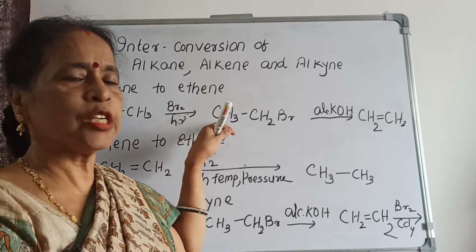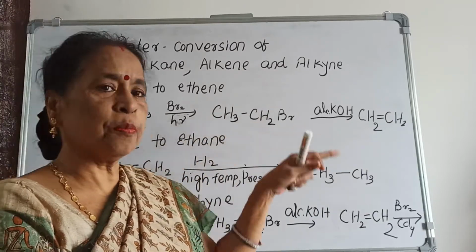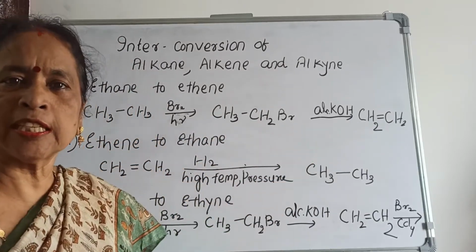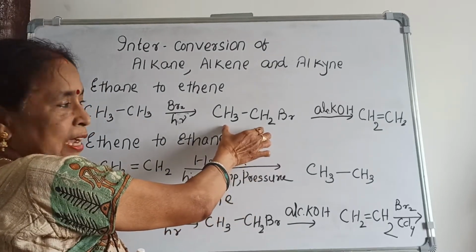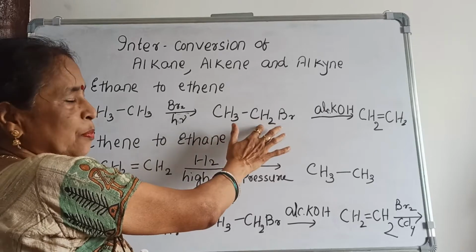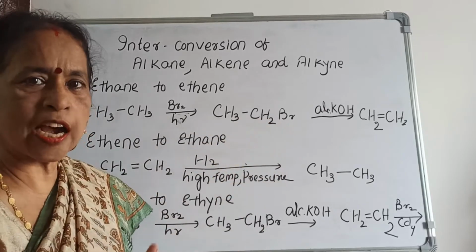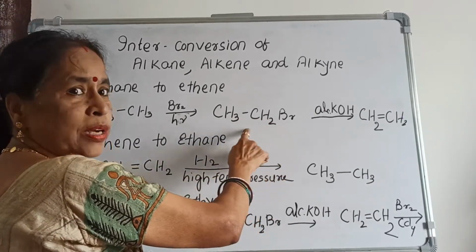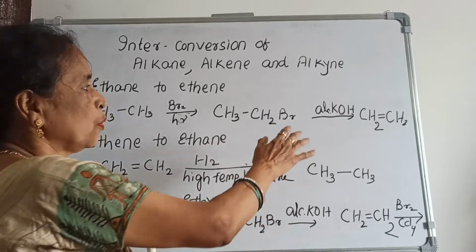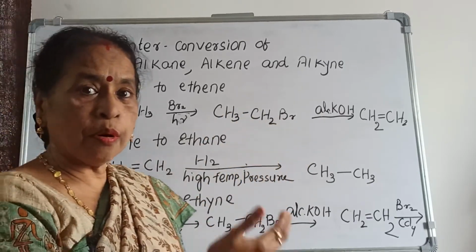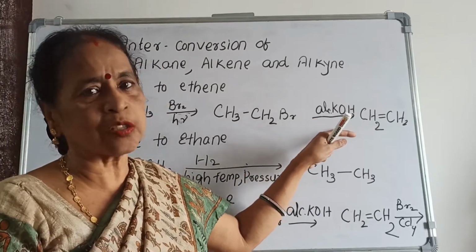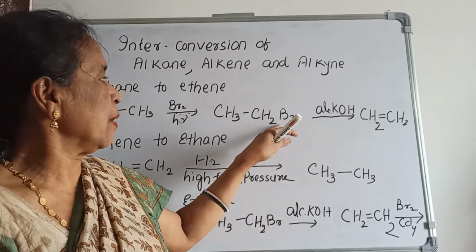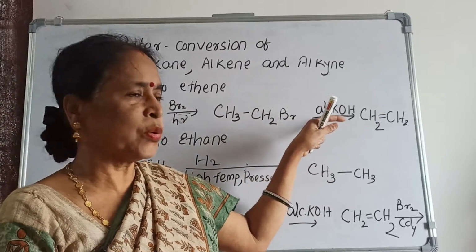Here it is converted to CH3CH2Br. What is the name of CH3CH2Br? CH3CH2Br is ethyl bromide, that is the common name. What is the IUPAC name? Bromoethane. Then bromoethane when reacted with alcoholic KOH, this reaction you want to remember, that means bromoalkane when reacted with alcoholic